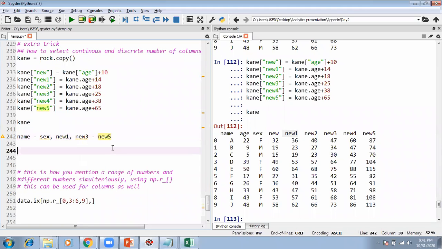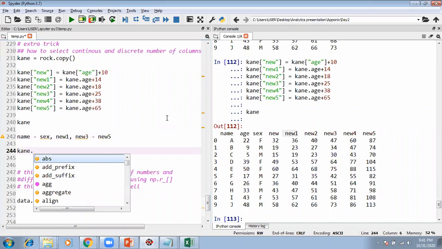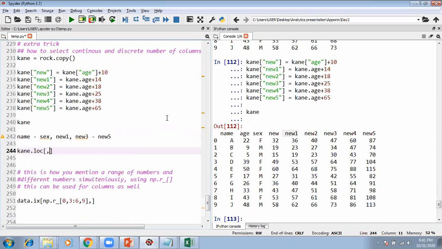But we have seen that while writing kn dot loc, maybe 0 column 3, first three rows, it either gives us an option to select a single column or consecutive columns. It does not give us the option to select both consecutive as well as discrete columns.